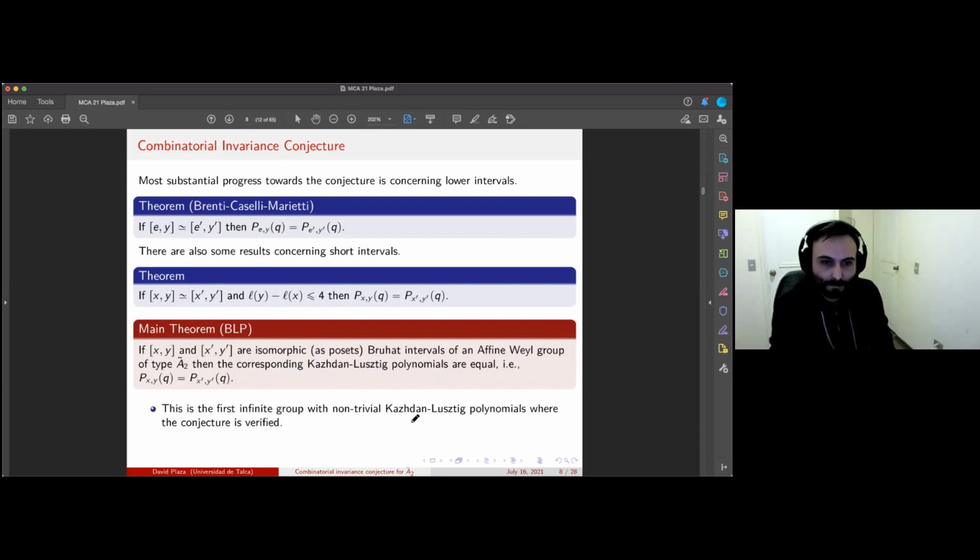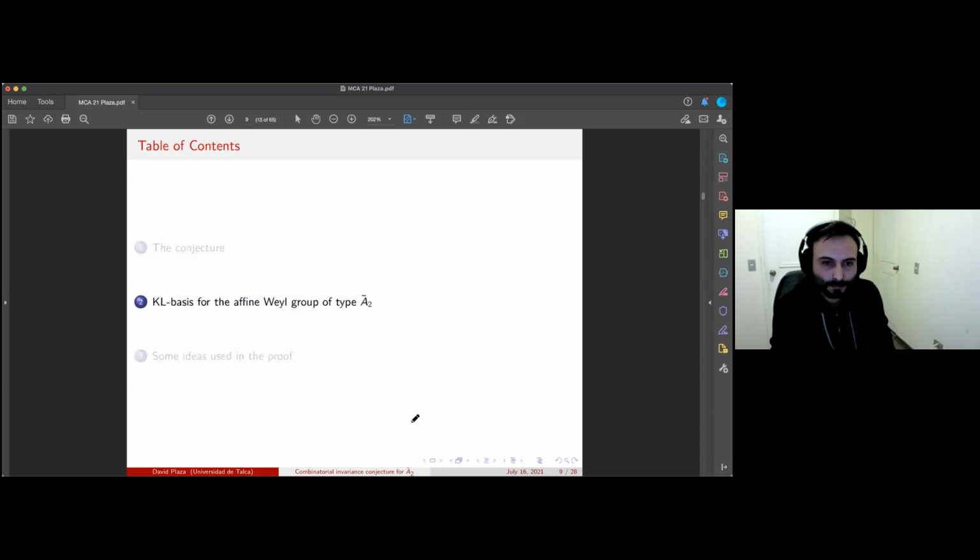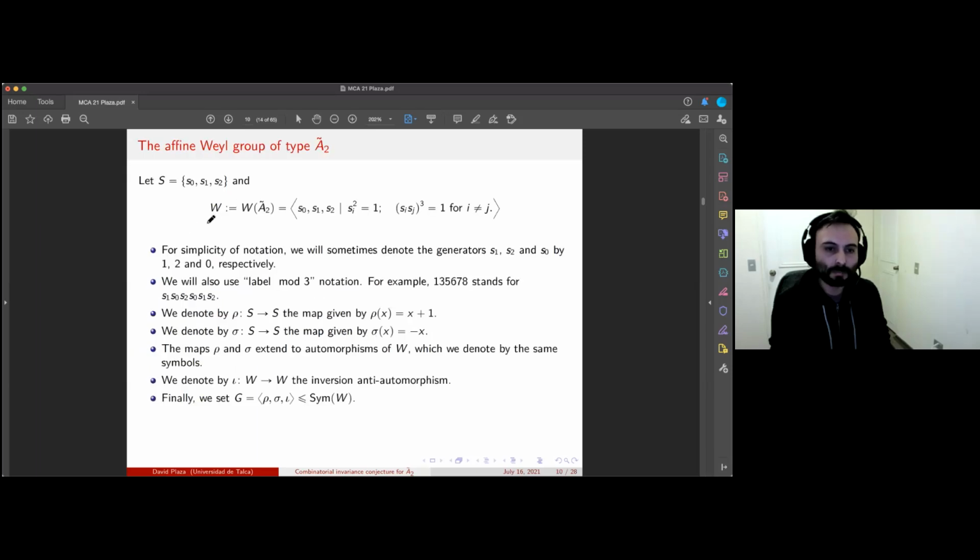Okay, so the main tool we used in our proof is some results by Libedinsky and Patimo last year, where they obtain explicit formulas for Kazhdan-Lusztig basis elements and then for Kazhdan-Lusztig polynomials for an affine Weyl group of type A2 tilde. So from now on, we specialize W to be the affine Weyl group of type A2 tilde,